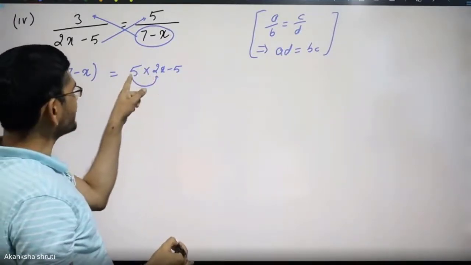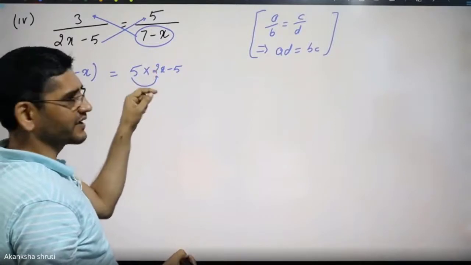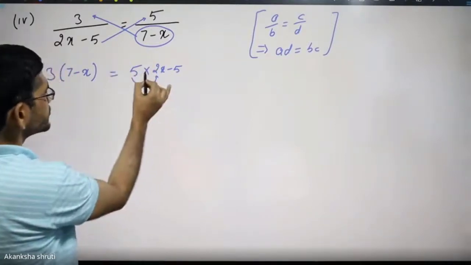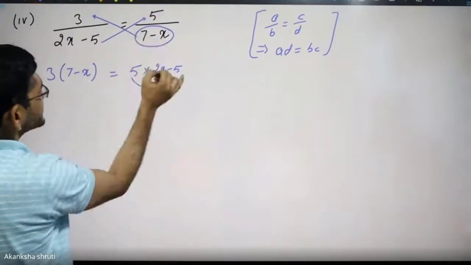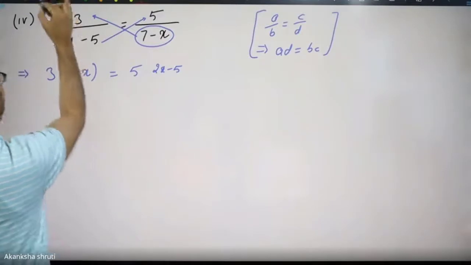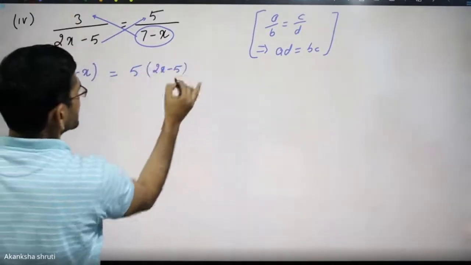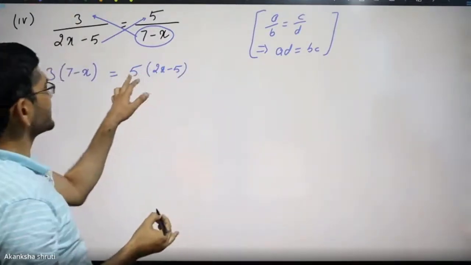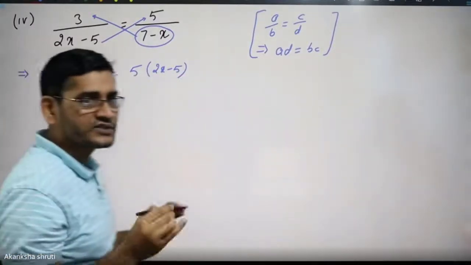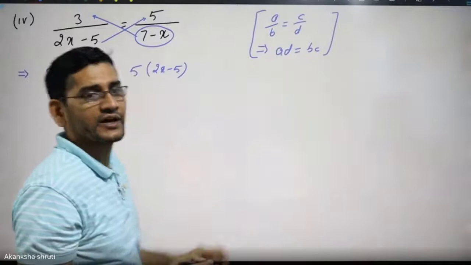Sorry, this 5 is going to multiply with this 2 only. Okay? So to avoid that confusion, do not put this multiplication. You must put a bracket here. That is the best habit. Because a number before the bracket means the number is to be multiplied with each term of the bracket by applying the distributive rule that we have learned in our last chapter.